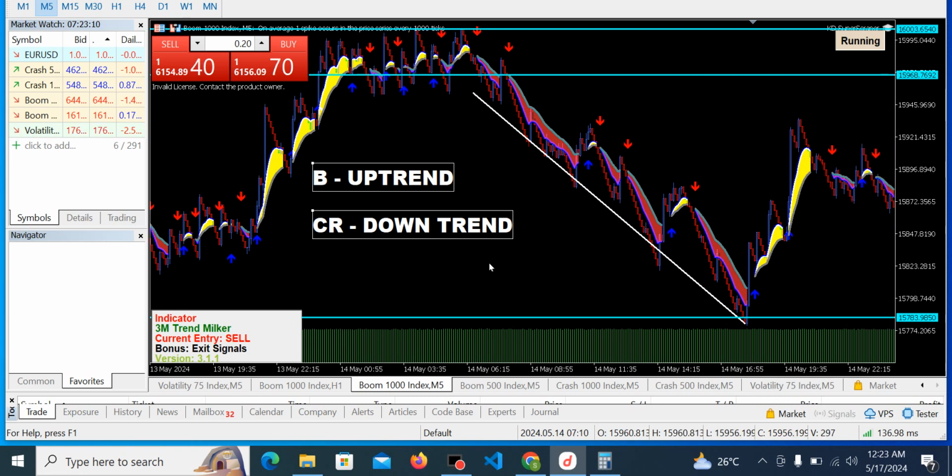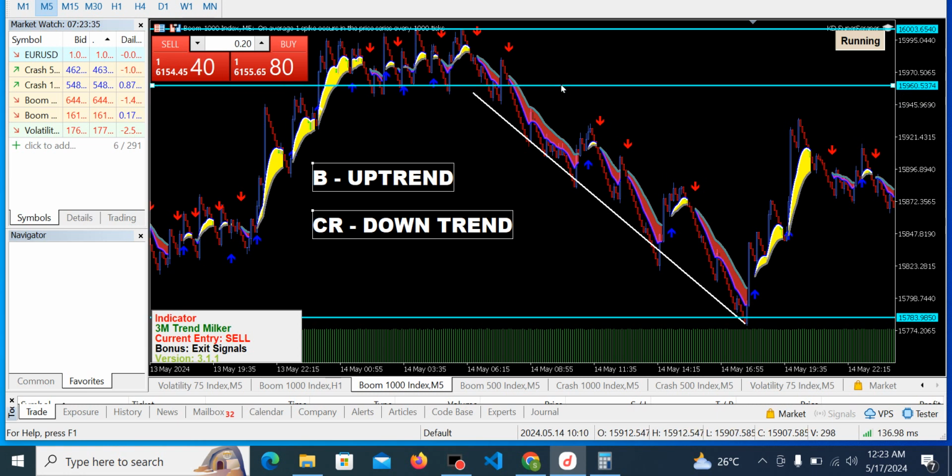So what am I trying to say? This is Boom 1000. If you want to trade spikes here, you don't trade spikes when the market is on downtrend like this. Of course there are spikes happening around there, but this is the 5-minute time frame. You can imagine you placing a buy order around here, and the market sold till it got to this region and it spiked up. It didn't even get to your entry point, it still went down.